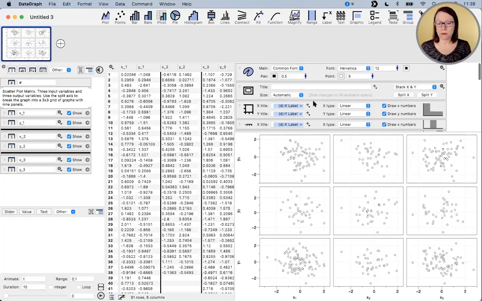So what I want to do is I want to now change the data that we're using for this. And the data that we're going to use,